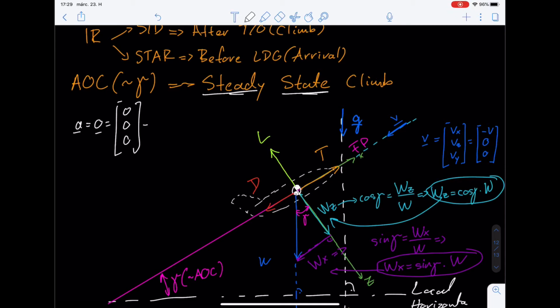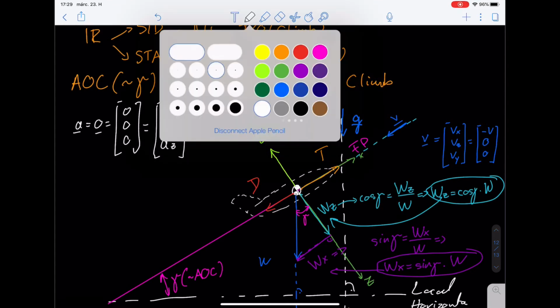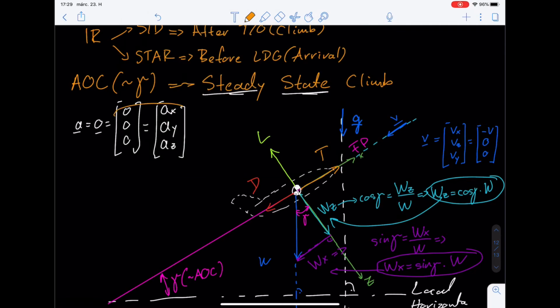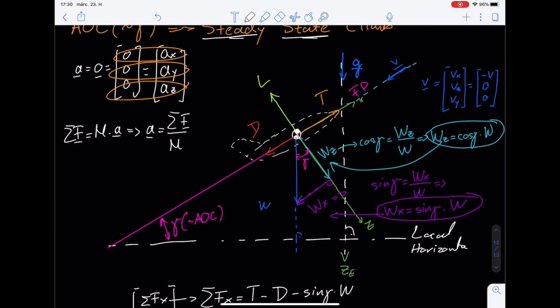So therefore, all of the acceleration components are 0. And most importantly, all of them are 0. And so what we can see further is that the sum of the forces is equal to the mass times the acceleration vector. So therefore, the acceleration vector is the sum of the forces over the mass, which we can further express as